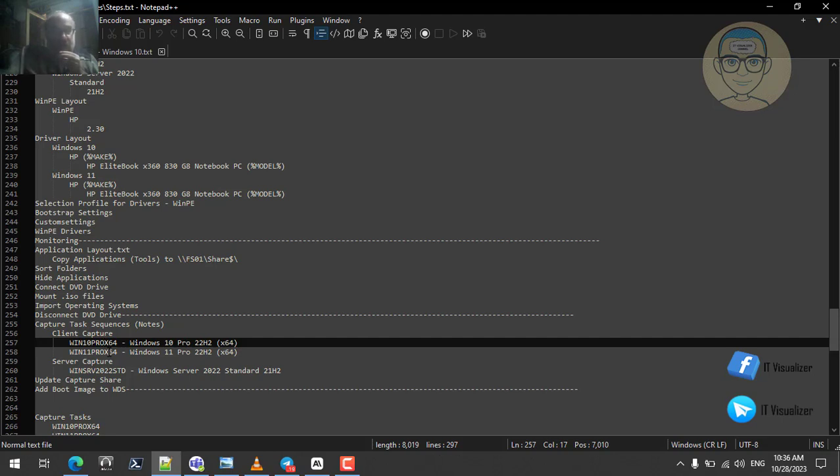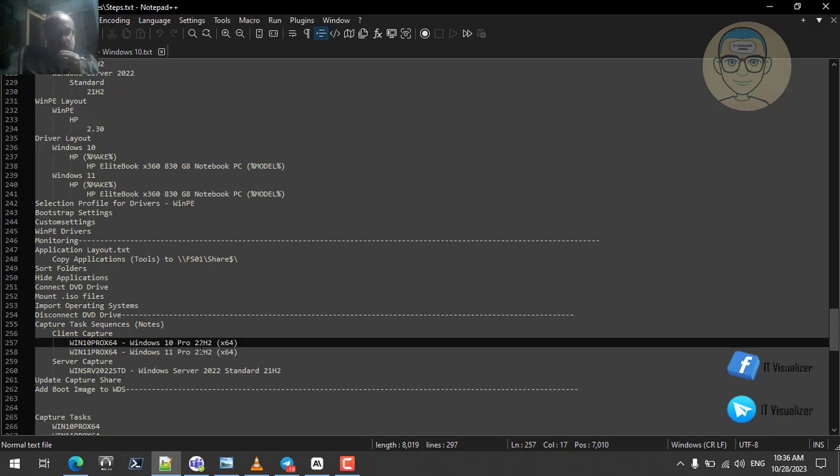It takes high hardware requirements. And the third capture task sequence is for Windows Server 2022. So we have created all of these tasks and then began the first task, which is the Windows 10 Pro